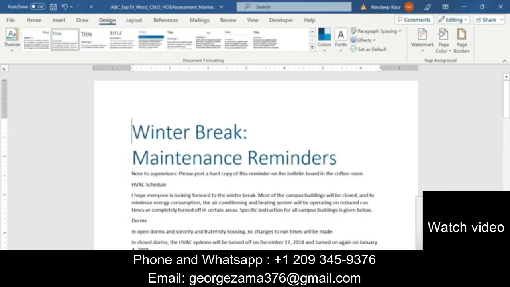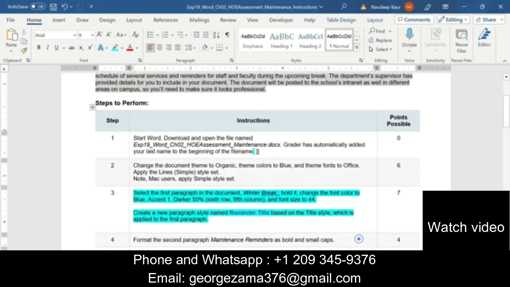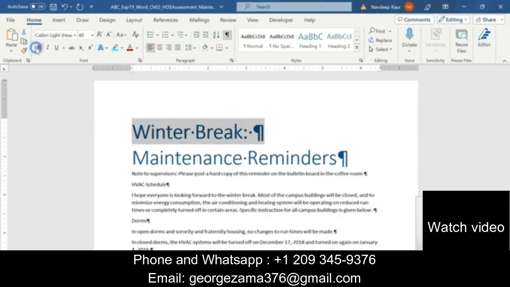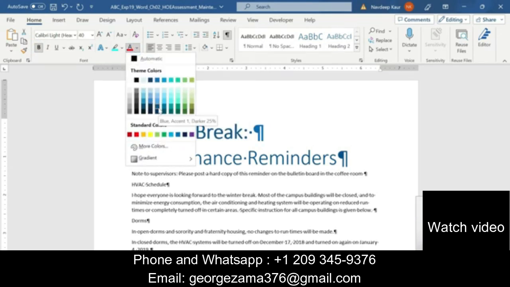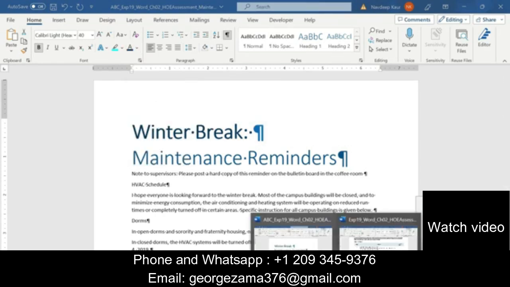So this is the first paragraph. Just select it. We will bold it, and apply Blue, Accent 1, Darker 50%. This is the color we are supposed to apply.